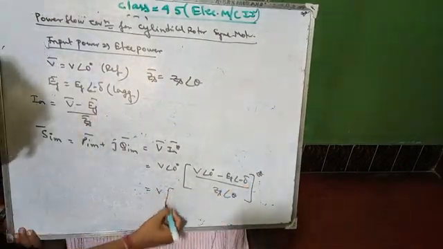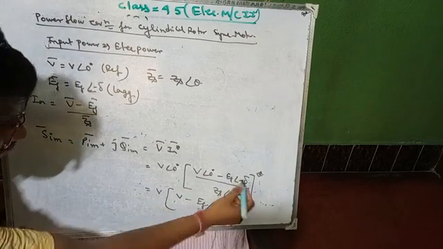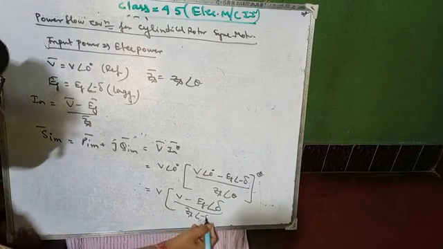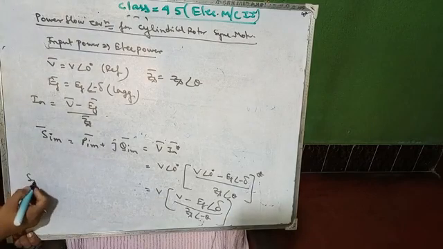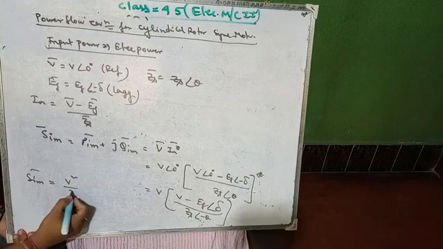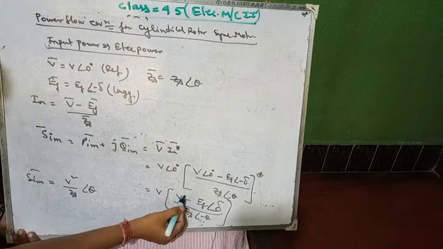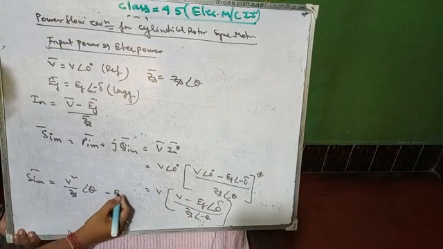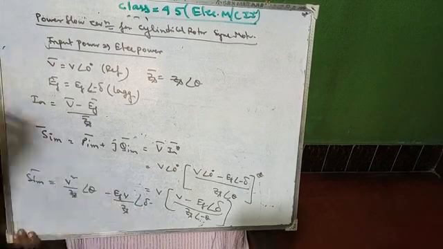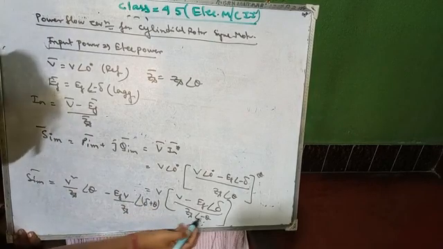So V angle 0 degree means only V minus EF. So this star will be coming in here, making this negative angle positive, so ZS becomes angle minus theta. Okay, so after multiplying it, this will equal V square by ZS angle theta only. So minus theta will move to the numerator and become plus theta, and minus EF into V by ZS, and it will be del plus theta, right? So minus theta will be there.